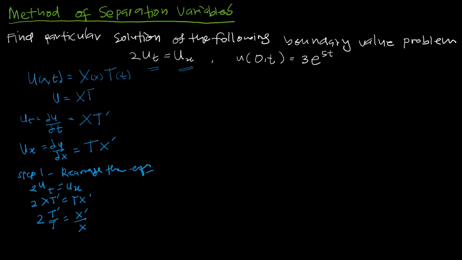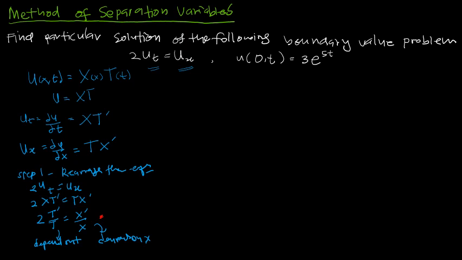If we look at the equation here, the left side consists of the variable t, time, so it only depends on t. While on the right side, it depends on the variable x. So they are equal, but the two sides depend on different variables, which means they are equal but do not depend on each other. In other words, it is actually equal to a constant.